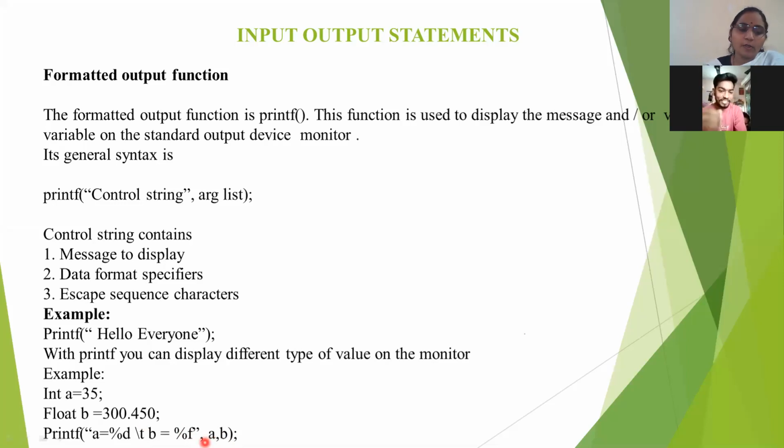And why do we use the data format specifiers %d, %f here? Because with the execution of this statement, it should be told to the compiler that the value of a is of type integer and the value of b is of type float. And that's why here again I have used a = %d, b =